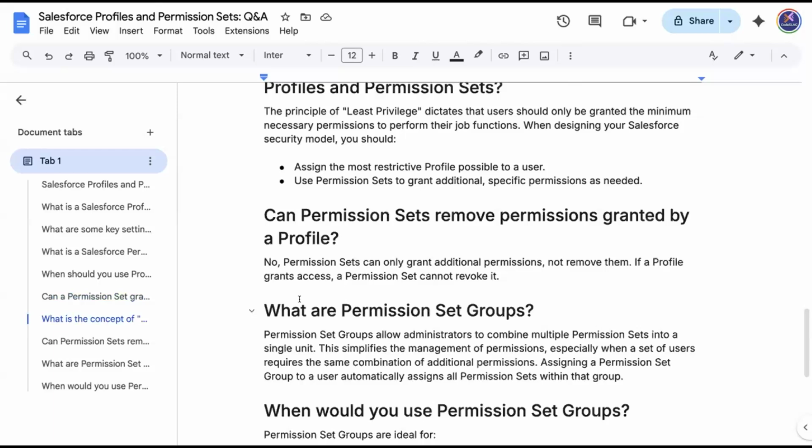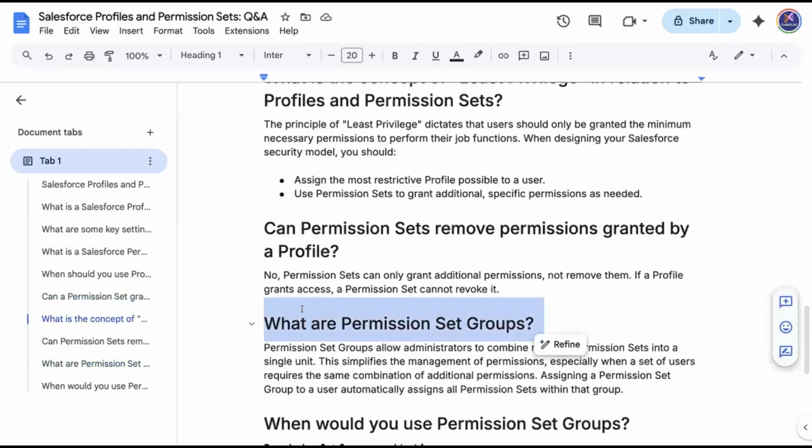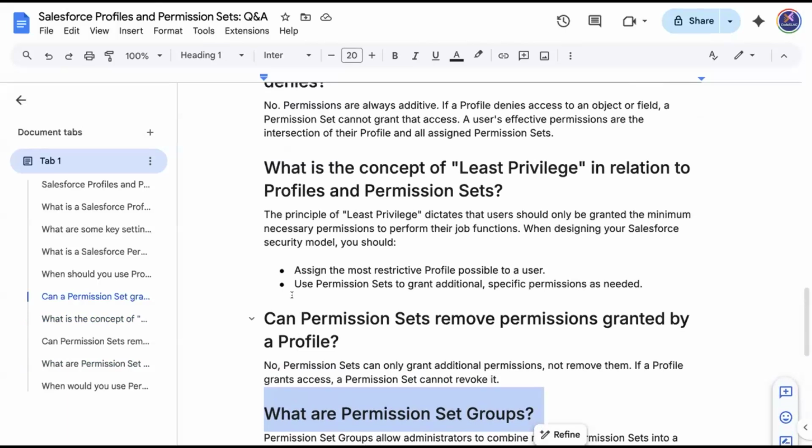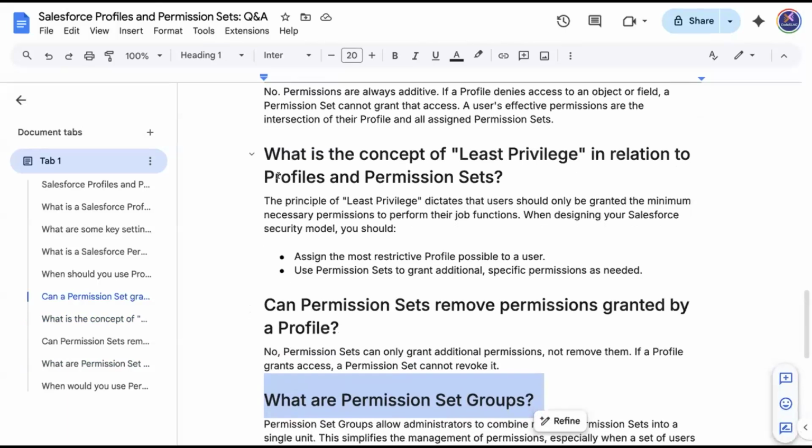Now, we haven't completed the concept of permission set groups. This is simple. A group of permissions will be combined in a particular group. Permission sets will be combined in a particular group, and that group will be assigned to the user. That we'll see. Before that,